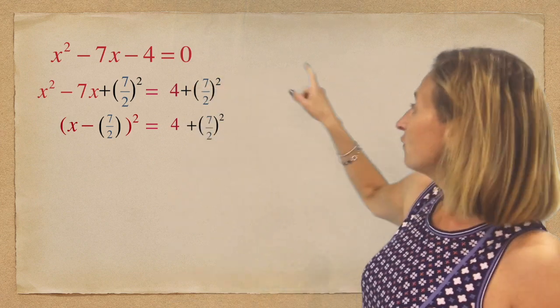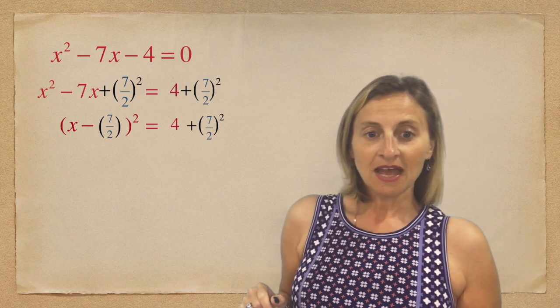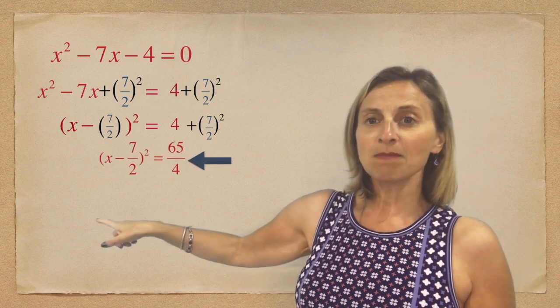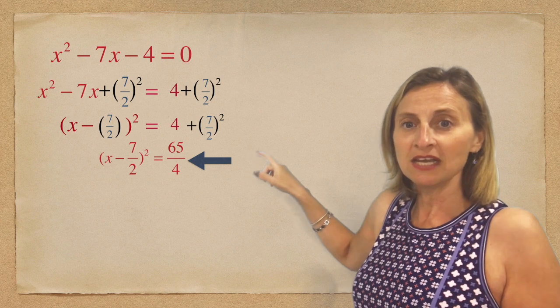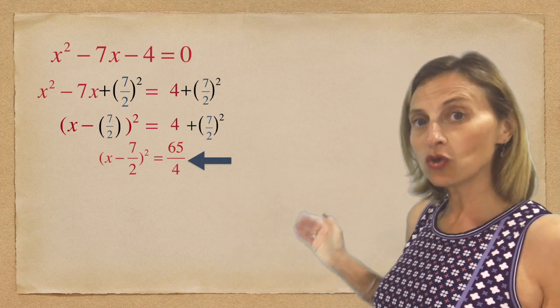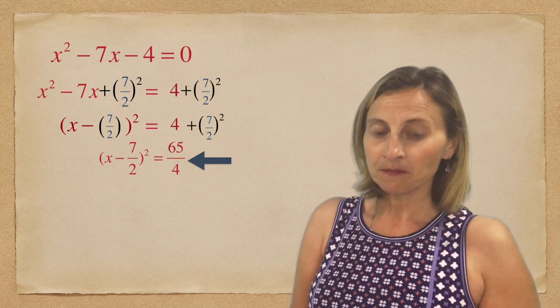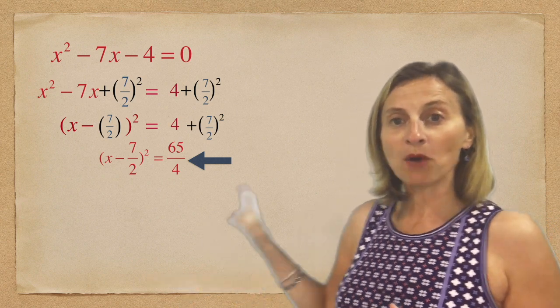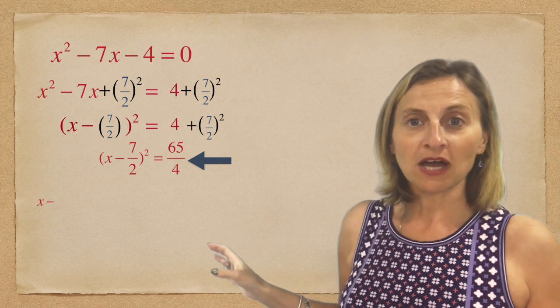So we write 7 over 2 in all our brackets. And what does that mean we're left with? x minus 7 over 2 all squared equals 65 on 4. How did we get the 65 on 4? Use your calculator. That's the easiest. And then we need to square root both sides. And when we square root both sides, we're left with